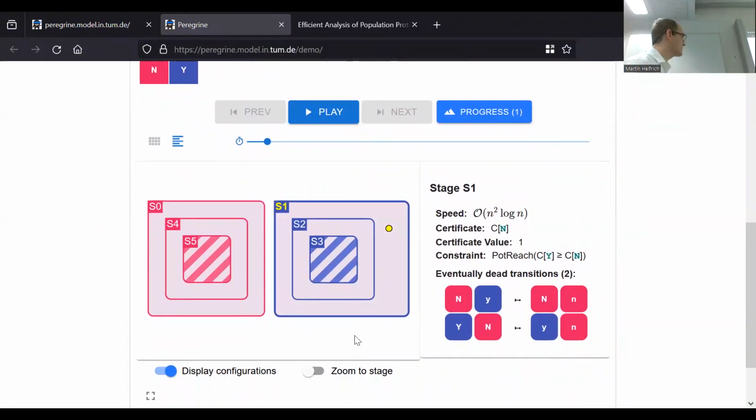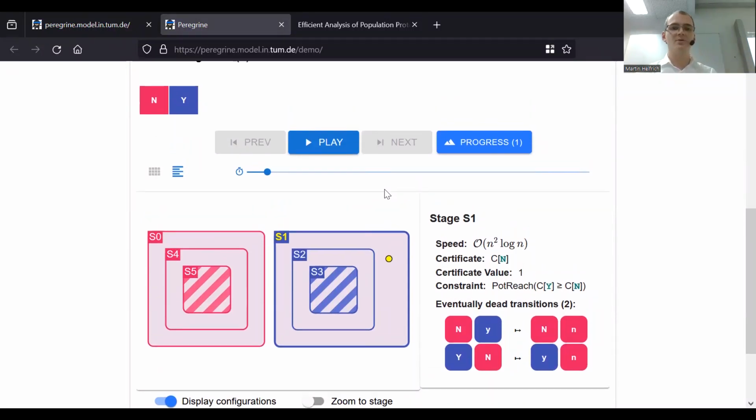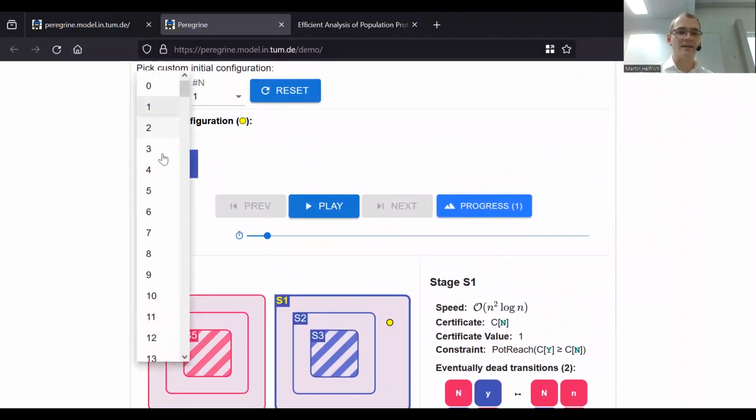This is a Venn diagram visualization of a stage graph, specifically of two stage graphs, one for the property if there's supposed to be a blue consensus, and one for the property if there's supposed to be a red consensus. In this Venn diagram visualization, we have the stages drawn as areas, right? So this is the area of stage S1. And inside of this area, there are a lot of points, and these points correspond to the configurations that are in this stage. So for example, we can look at